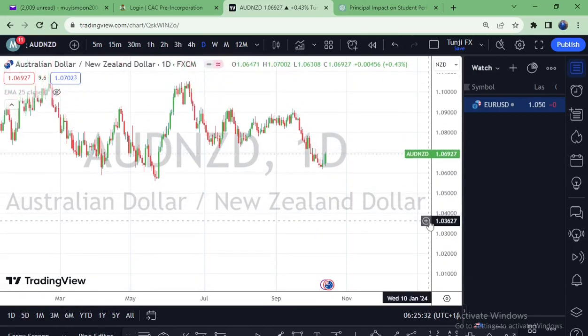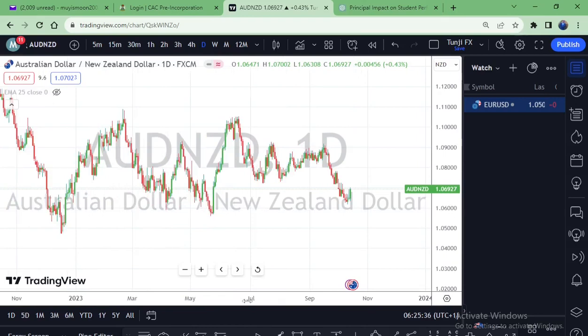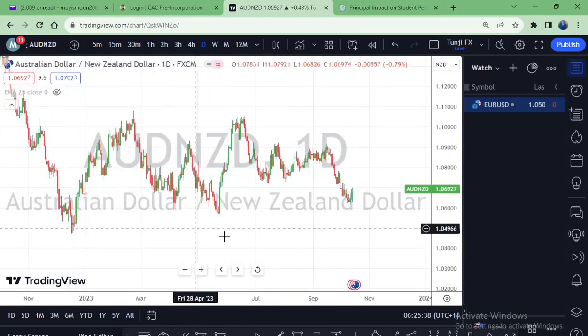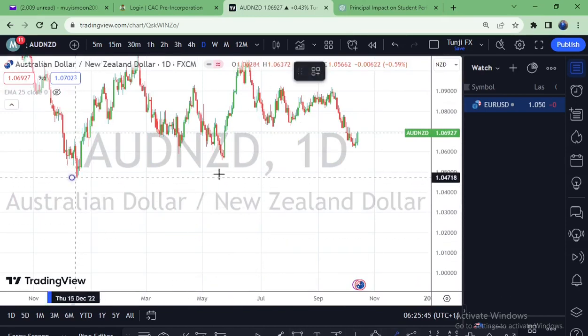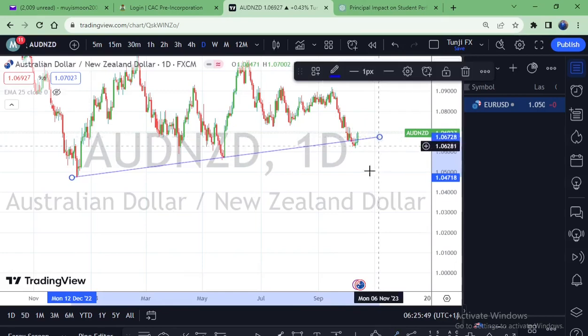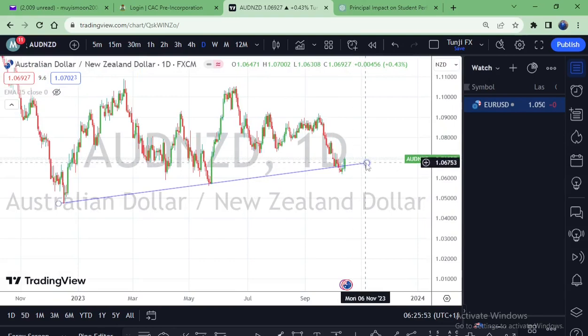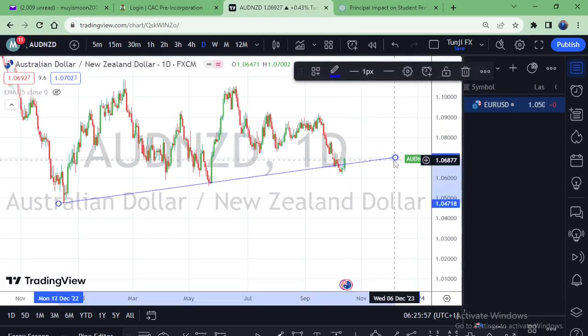We identify this area on the daily. So the market actually, during the previous week,